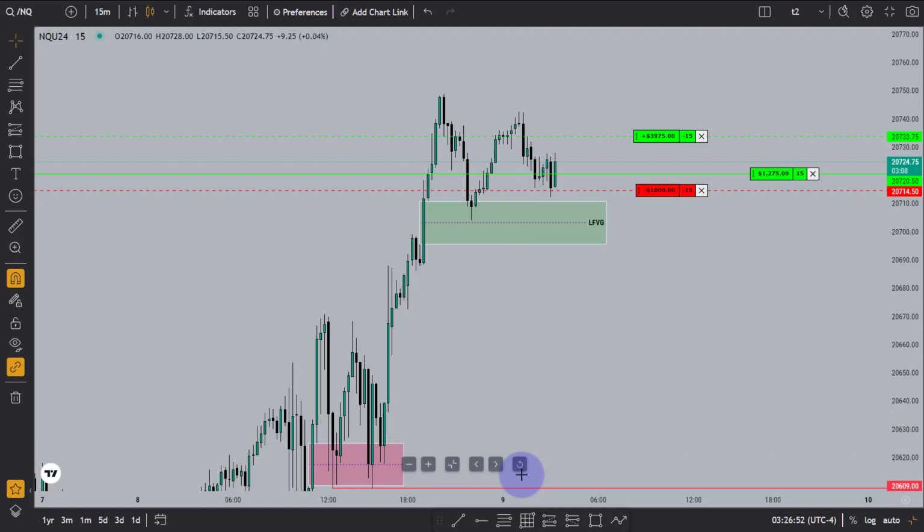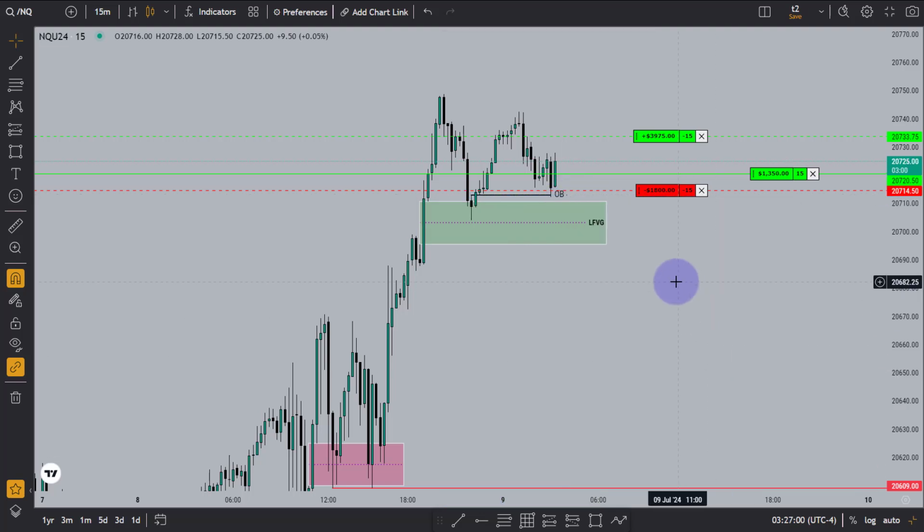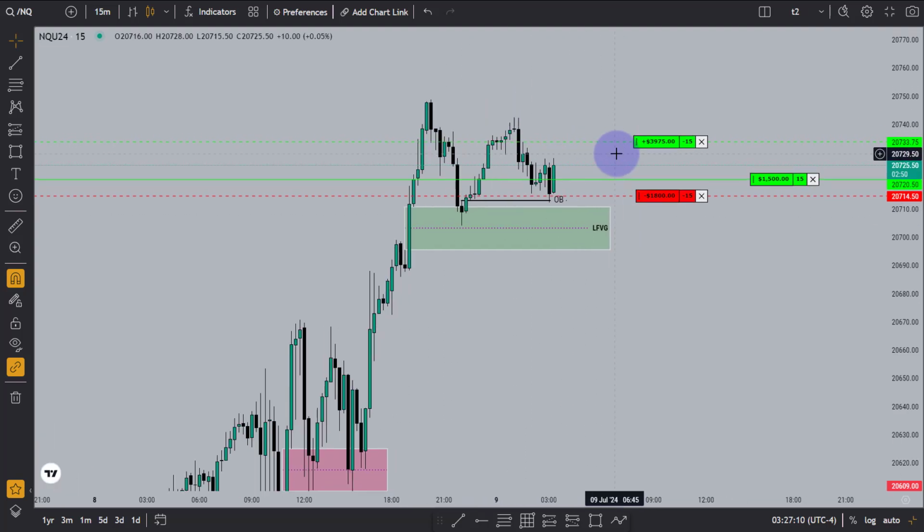When it fell again over there, I saw the lowest down close body close candle as my order block. So let me mark my order block. Over there, this is my order block. I know that market is going to make the liquidity, but before that, I also know that market is extremely bullish. So my intention is, if I want to take a sell from there, I have to wait for a